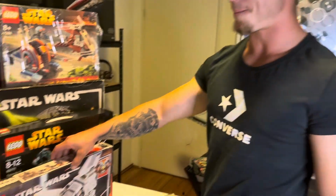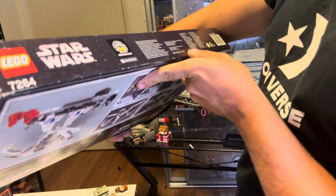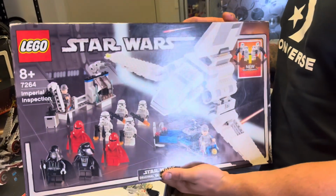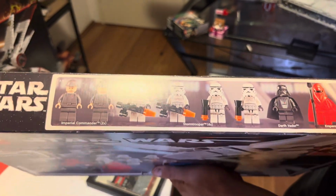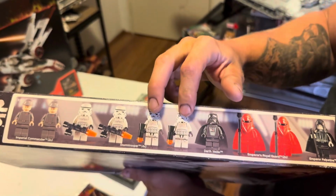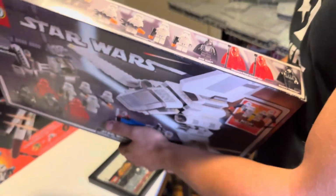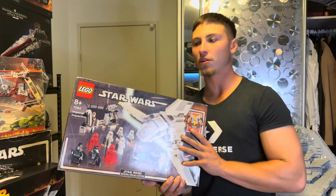Then we've got the Imperial Inspection. This has a bit of a different box art that we can see. It was released in 2005, as you can see. It has a mere 9 minifigures in here: 2 Emperor Royal Guards, Darth Vader, 2 Special Stormtroopers, 2 normal Stormtroopers, and 2 Imperial Commanders. This had a lot of minifigures, getting it a good $500 sealed if you were to